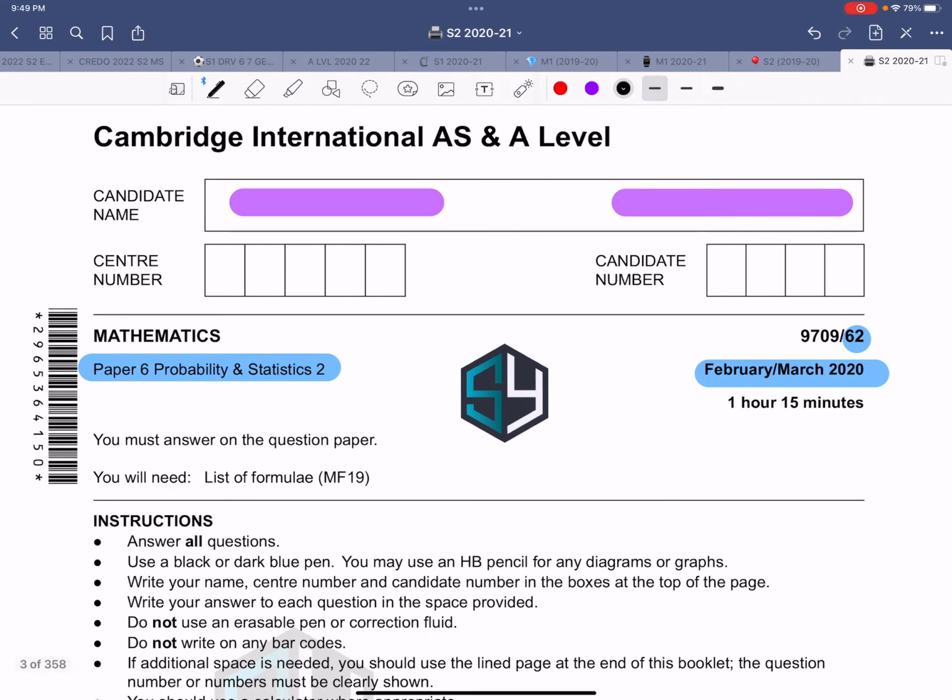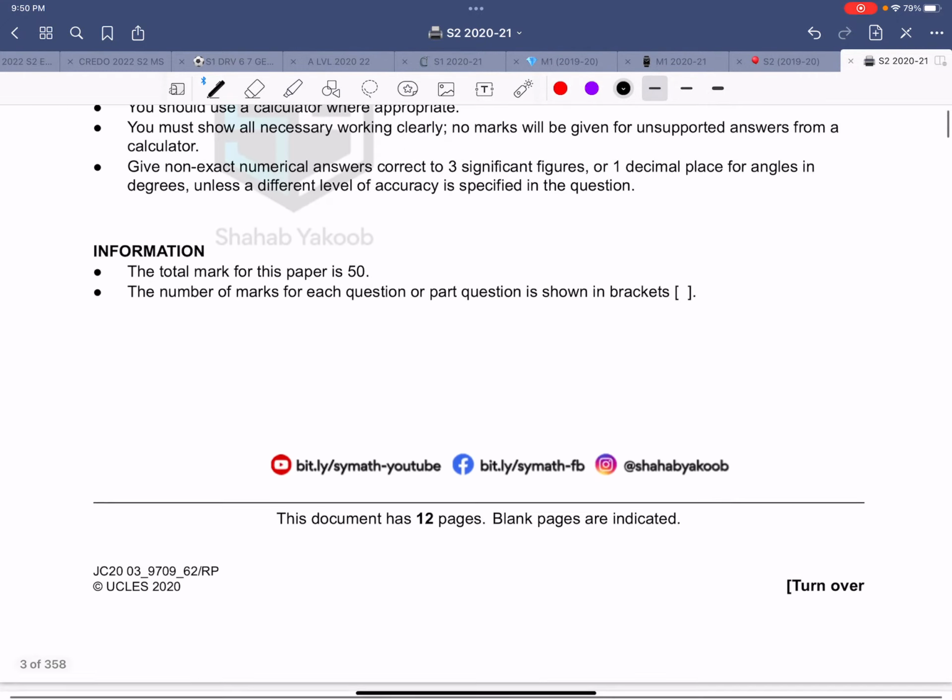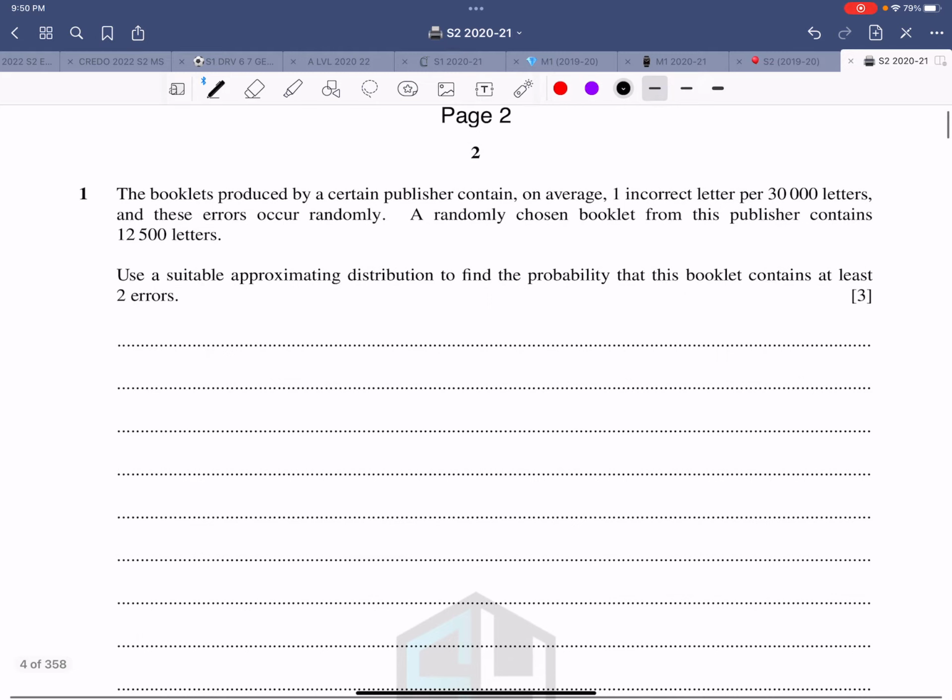फरवरी मार्च 2020 का वेरिएंट S2 का हम लोग स्टार्ट करते हैं। पहला क्वेश्चन, आराम से इसको पढ़ें।